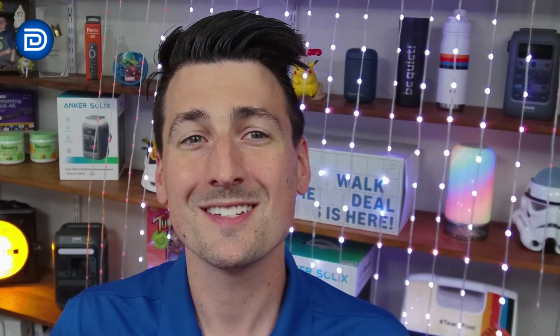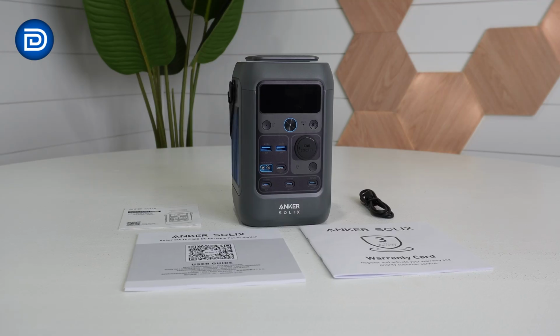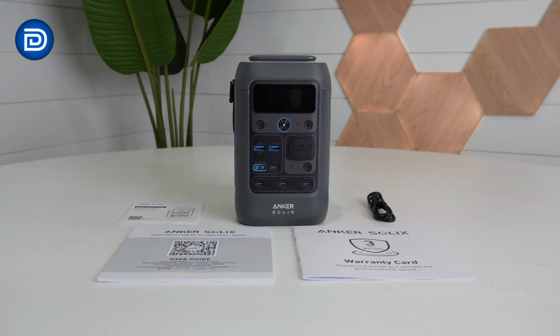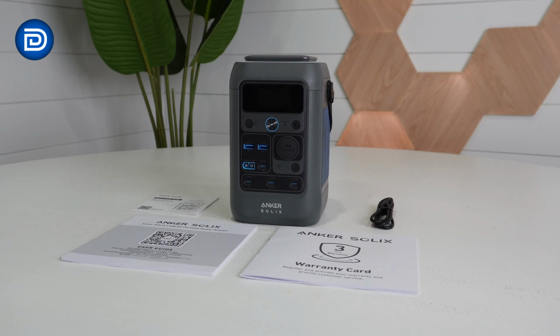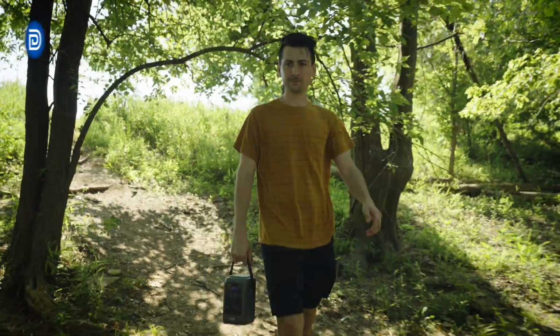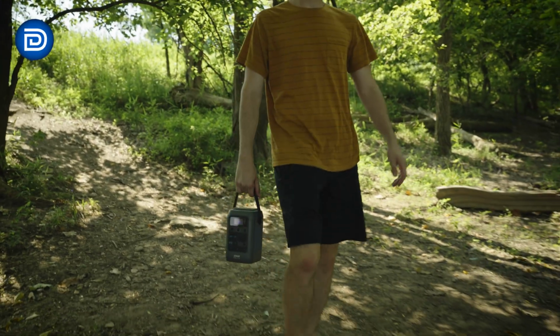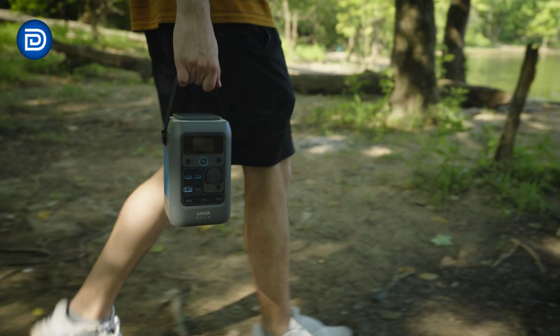Let's take a look at what's inside the box. Inside, you'll find the Anker SOLIX C300 DC portable power station, a 60cm, 140-watt USB-C to USB-C charging cable, safety manual, and warranty information. Despite its impressive capacity, according to Anker, the C300 DC is 30% smaller than other power stations in its class. Whether you toss it in your backpack or attach the optional strap, it's designed for true